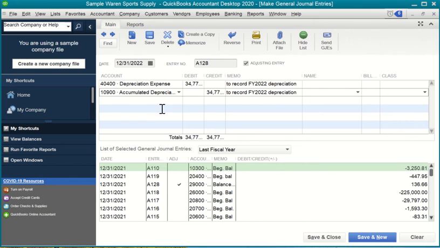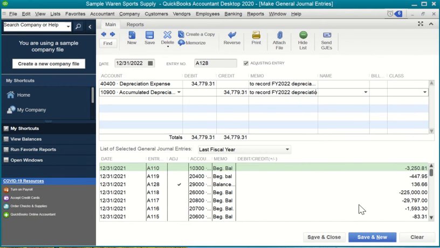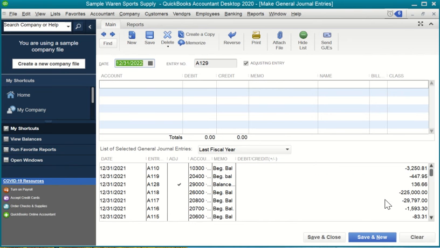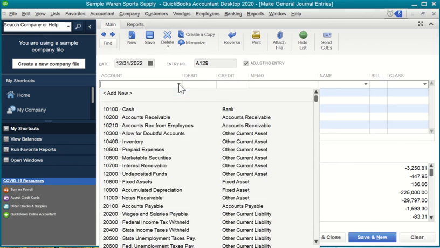As long as all of these fields are correct and you've verified them visually, you can move on to the next journal entry. In our case, the next journal entry is interest expense. Again, you would select account number